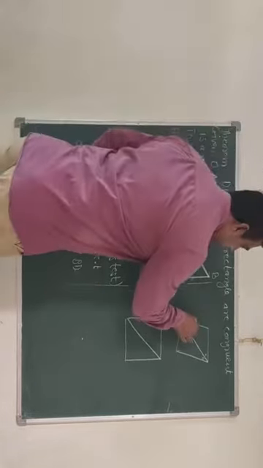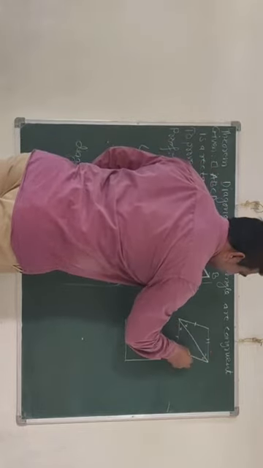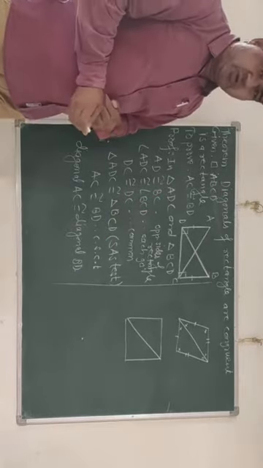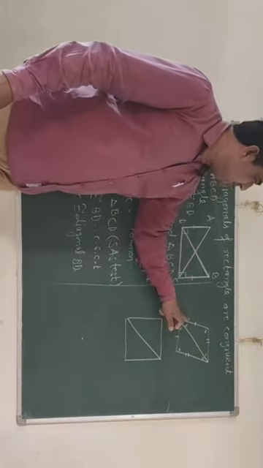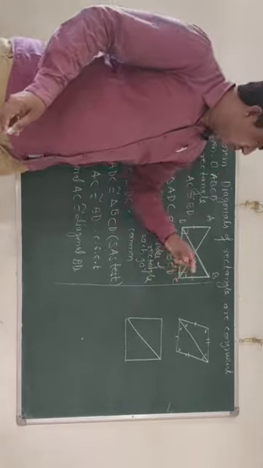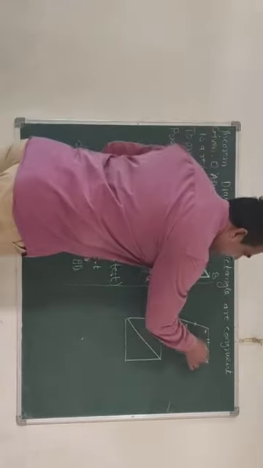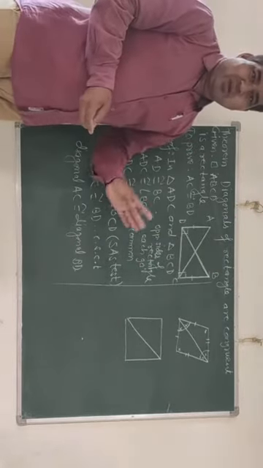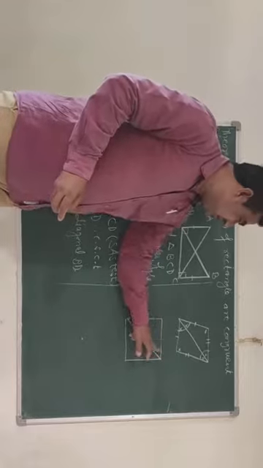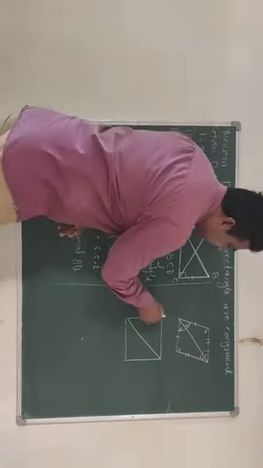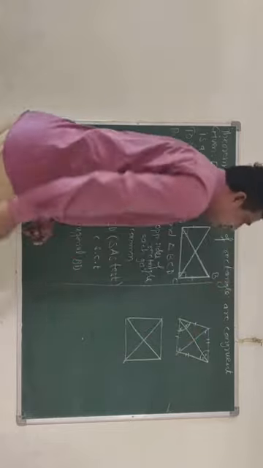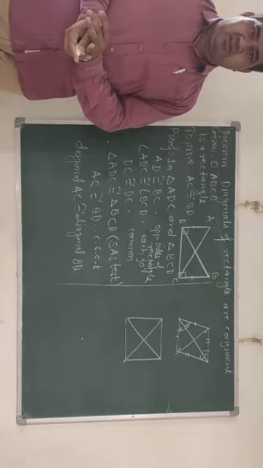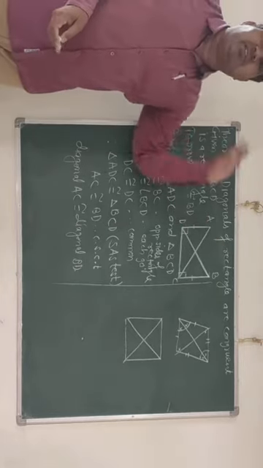This side equal to this, equal to this, and this equal to this. By SSS test, your triangles are congruent. So this part equals this part, and this part equals this part. So here, this diagonal bisects the opposite angle. In the same way, for square also, diagonal bisects the opposite angle. This angle is equal, this angle is equal, that means this bisects. In the same way, for this diagonal. So diagonals of rhombus and square bisect the opposite angles. We can prove it simply using SSS test.